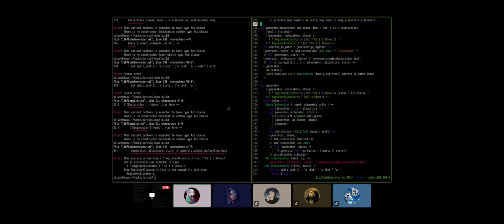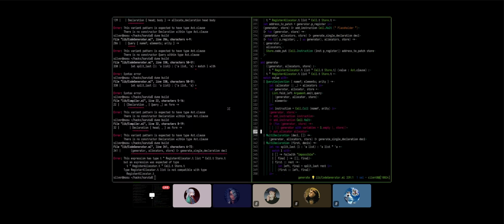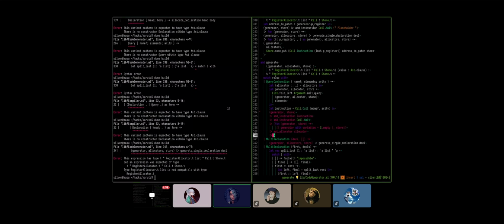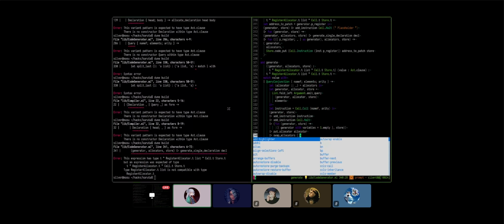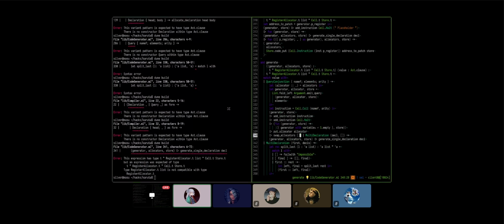So why does it say this is wrong? It's because of the return type, right? This is saying that this should not be a list, this needs to be a list. And now this is wrong. But you want to swap it? We're going to swap with an empty list for now because we're only dealing with one query at a time for the time being. Put a to do there.